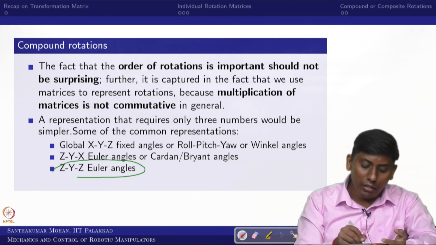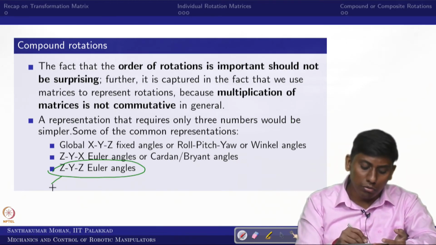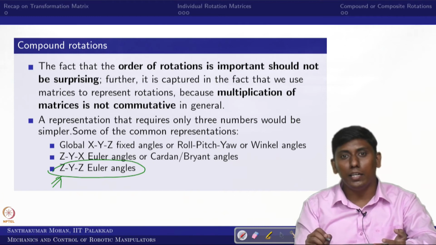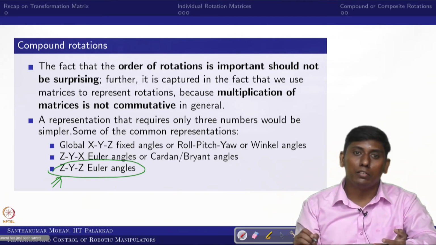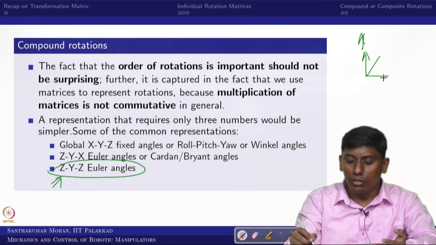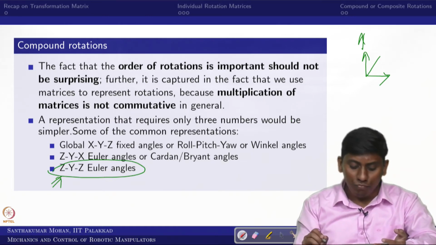Some of the aerial robotics community use ZYZ as the Euler angle. This is another popular one, mainly in aerial and space robots. Even some manipulators have a spherical joint, so that cannot be done otherwise. What they do is first a z axis rotation, then a y axis rotation, and again a z axis rotation. In that sense you can write it as the ZYZ Euler angle.